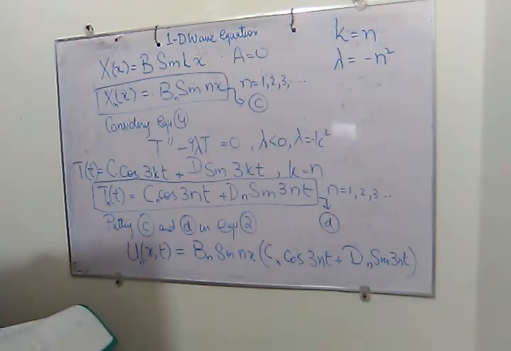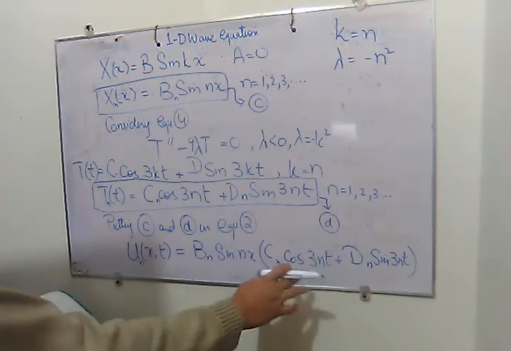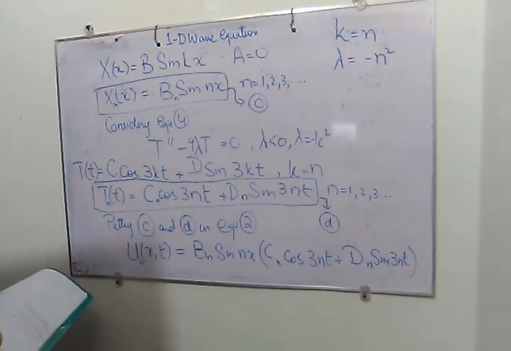As we are dealing with a linear homogeneous equation, we can use the superposition principle now, which says that the sum of the solutions is also a solution. So since we have a sequence of solutions because of the inclusion of n, we can sum up these solutions and write it in a single solution form.